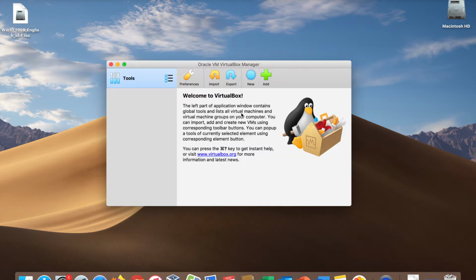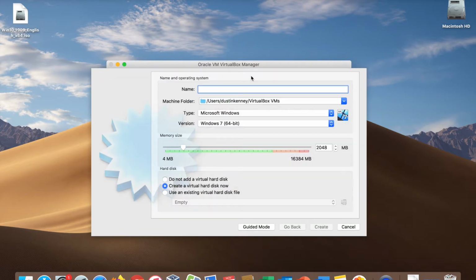When in VirtualBox, click the New button. This will create a new virtual machine. In the name field, type in something to help you identify this virtual machine. In my case, I'm going to type in Windows 10 Virtual Machine. The type and version will be set automatically based on the name that you type in, but make sure they're